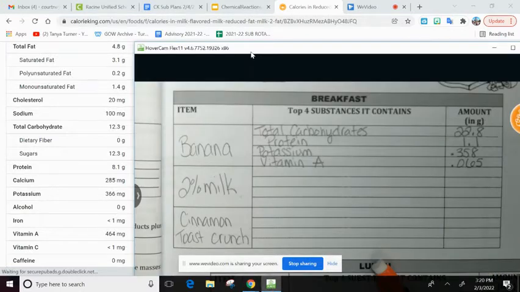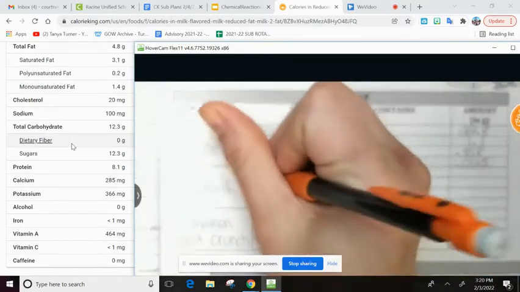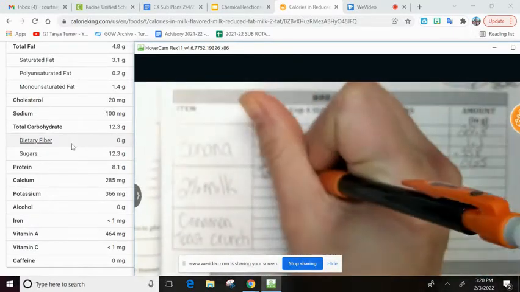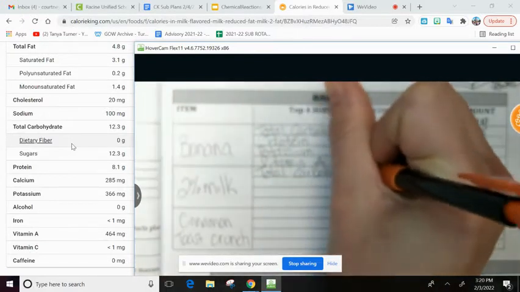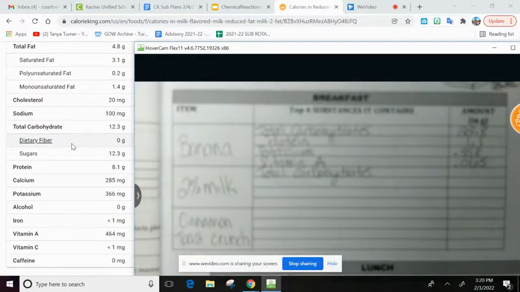Again, you scroll down to the nutrition facts. You don't need those calories or anything. And remember, we're looking for the biggest whole number in grams. So again, not those milligrams, we're looking for grams. So total fat's 4.8, sodium's listed in milligrams, cholesterol's in milligrams, carbs is 12.3. So far that's our biggest number. We got protein in at 8.1, so that's smaller than 12. So we're going to start with total carbohydrates again, 12.3, because it's our biggest whole number in grams.